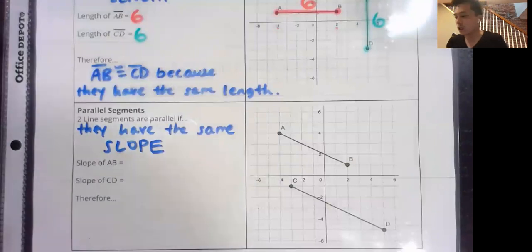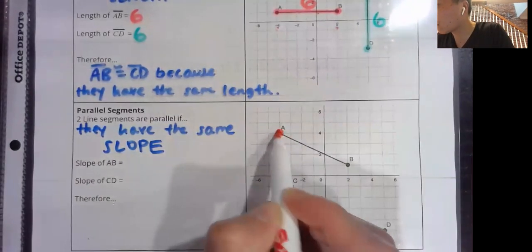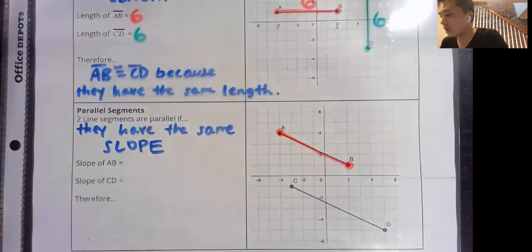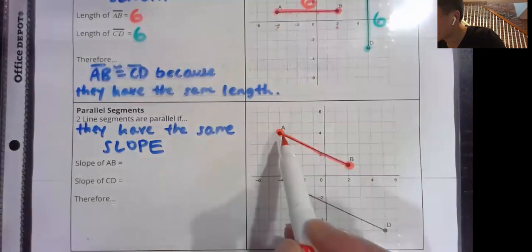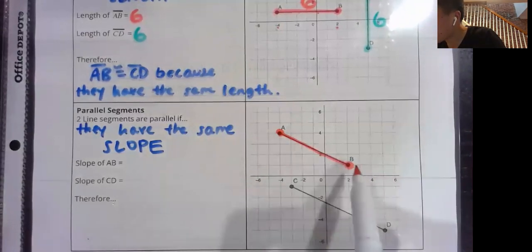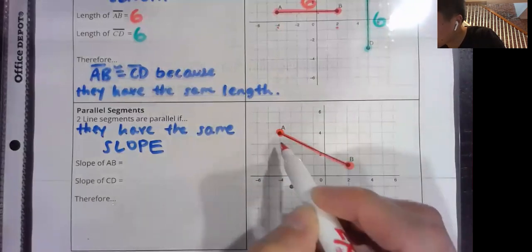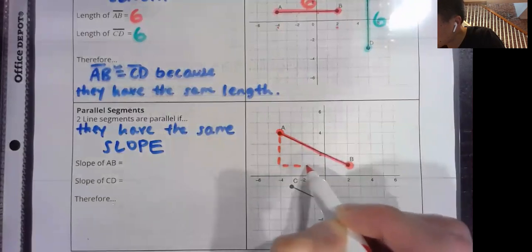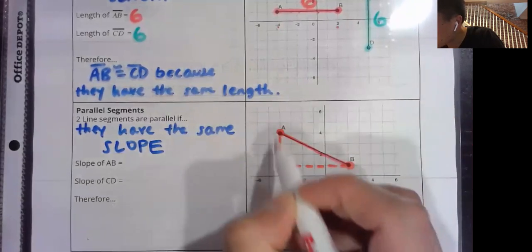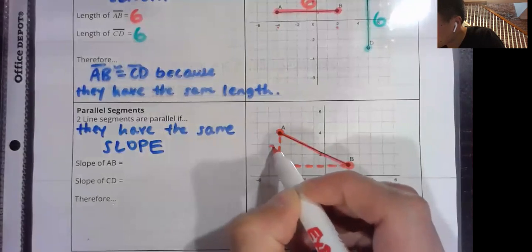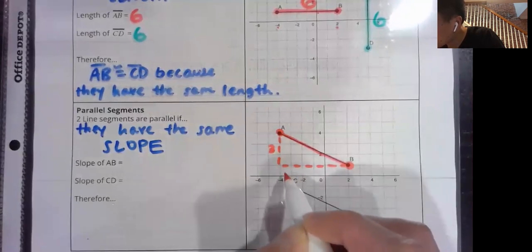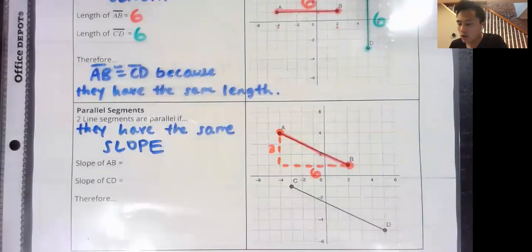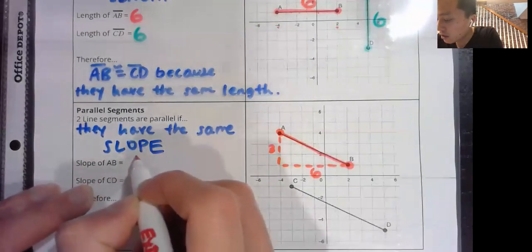So let's take a look at our two lines. Slope of AB. So that's going from here to here. Since we have a grid and the points are going between whole numbers, we can use a slope triangle. So it's going down 1, 2, 3 and across 1, 2, 3, 4, 5, 6. So change in y is 3. Change in x is going from -4 to 2, 6. So the slope of AB is